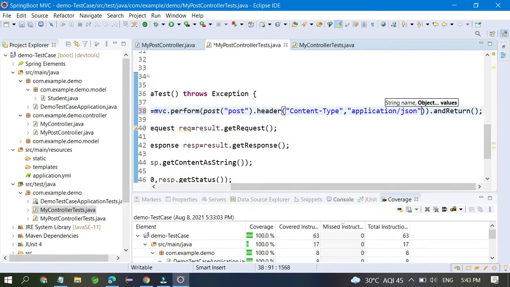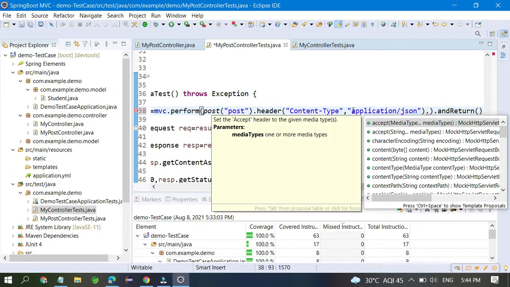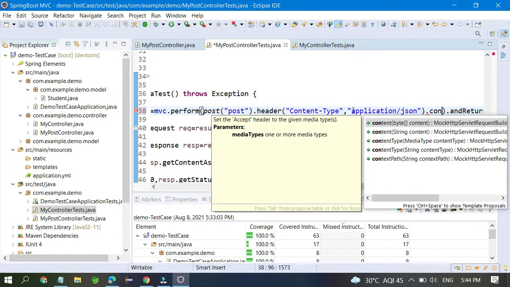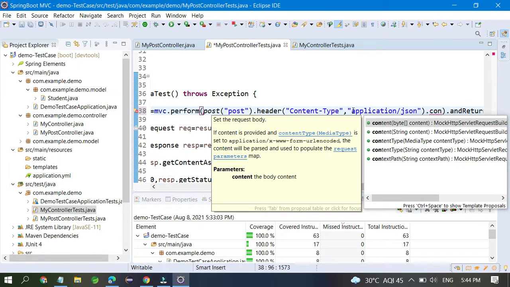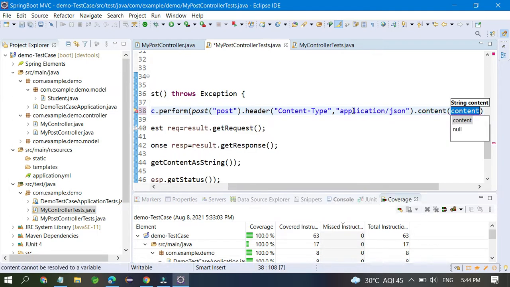Apart from this, you have to pass dot content, because you are sending some data as a name. Content is a string type, so just open double quotes, and you have to give the curly braces to represent that this is the JSON object.